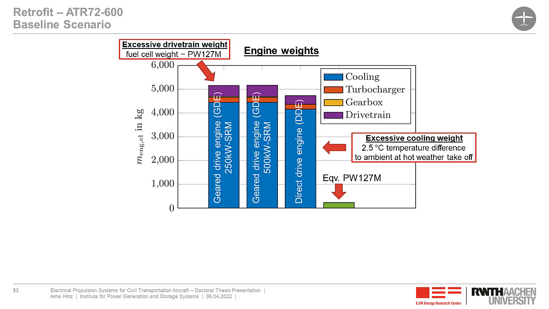But in addition, we have already an excessive weight in the drivetrain itself. This is due to the fact that the fuel cell is already as heavy as the turboprop engine. Further, the turbocharger is already as heavy as the reference engine, although we have a far lower rating, since we are providing 4.5 bar and have a ratio of 6.3 to 1. So this is mainly a shortcoming of the baseline model, which is from a ship engine turbocharger, which is hardly optimized for weight.